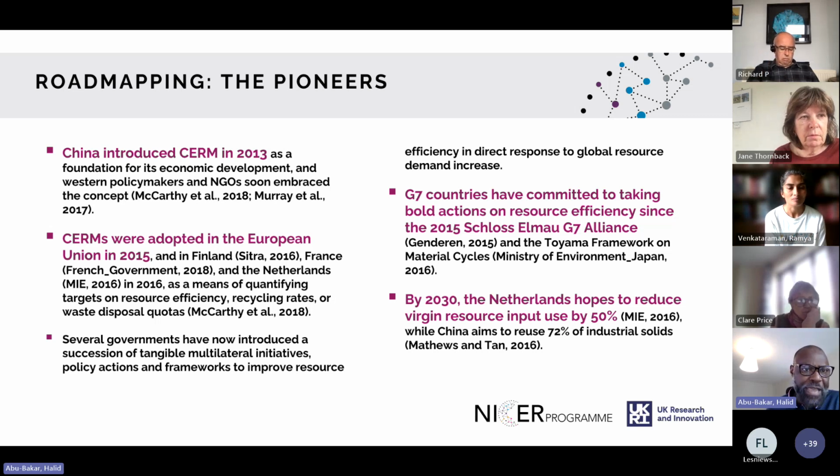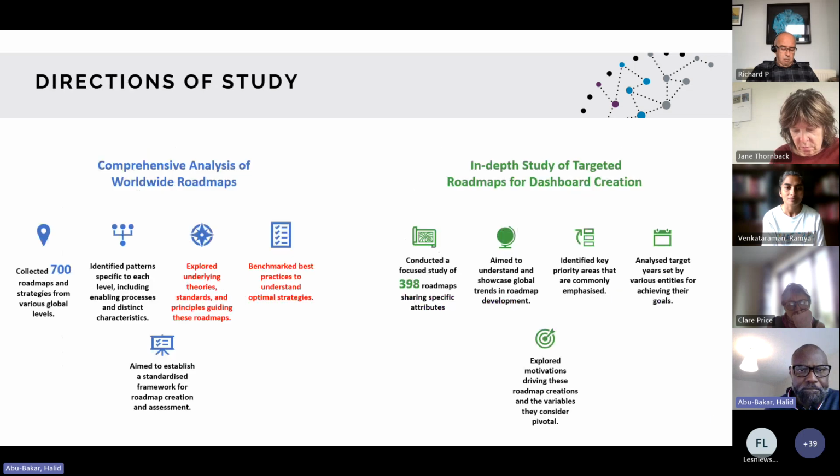We had the European Union, of course, the Action Plan of 2015, and then organizations such as Sitra quickly adopted some of these things and developed strategies and guidelines towards road mapping, culminating in one of the very early roadmaps in Europe by Sitra, which is a Finnish roadmap. And we've got the French government, the Netherlands, and other governments, and then quickly countries of the G7 also began to adopt some of these strategies towards implementing circular economy.